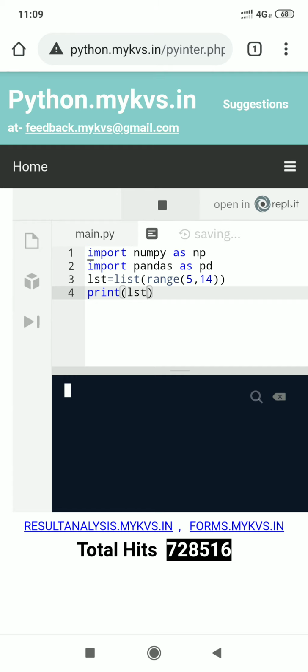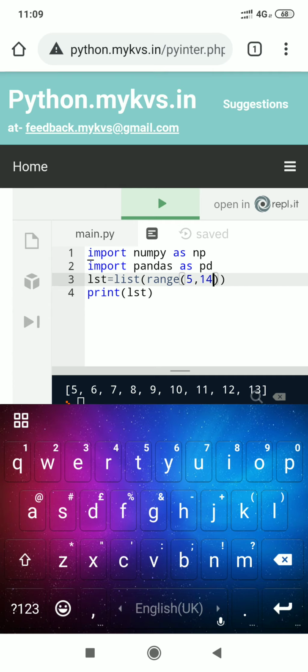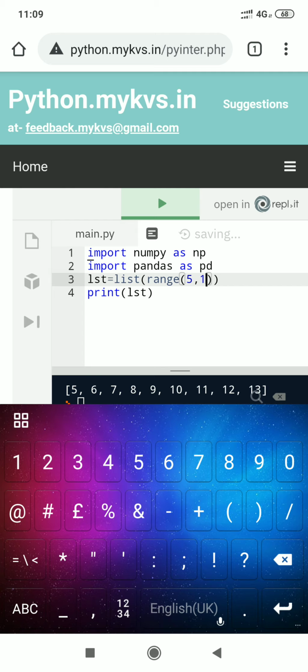Okay, this one is the list created. Our question was to store squares of 5 to 14, but the values are till 13, so I will increase one more number here. Now the list elements are like this.